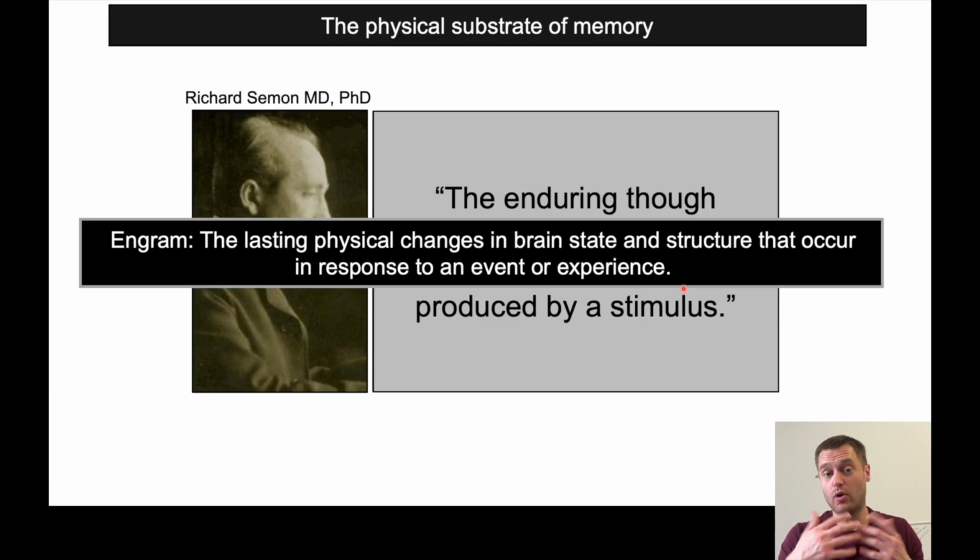Because again, what we're talking about is that a learned phenomenon is a change in behavior due to experience. So how do we reconcile that on a physiological level? Richard Semon thought, well, it's probably that there's some kind of physical change in your brain, and that physical change, or that change of the pattern of activity of your brain,